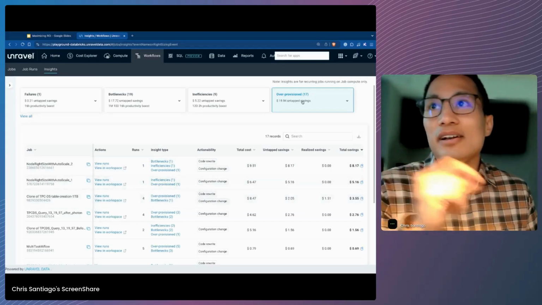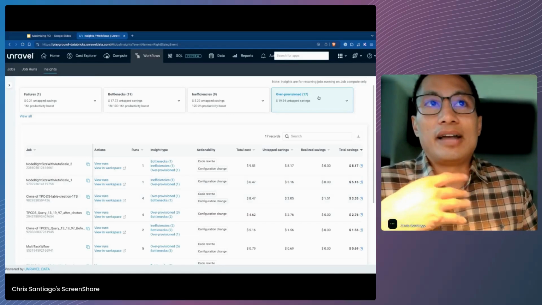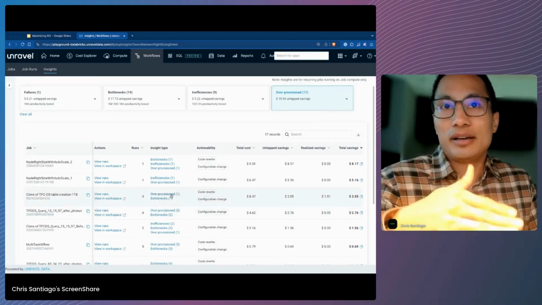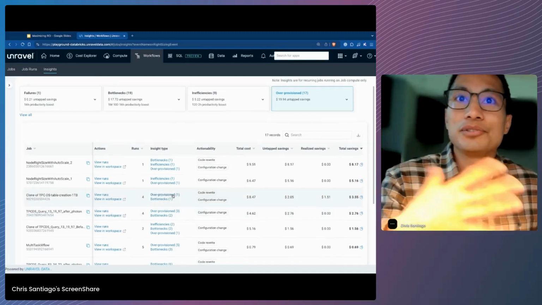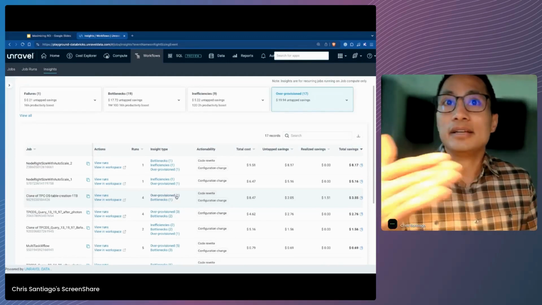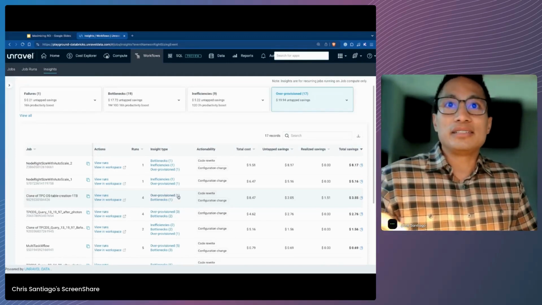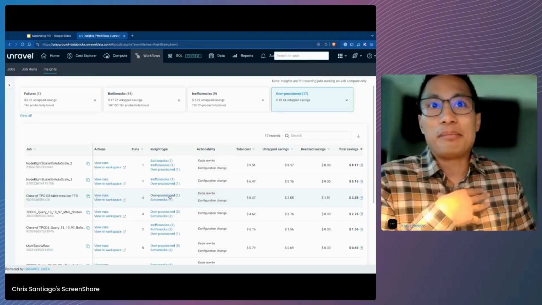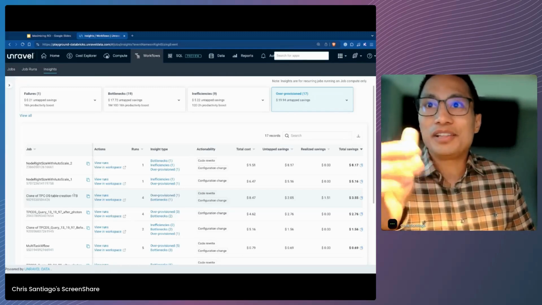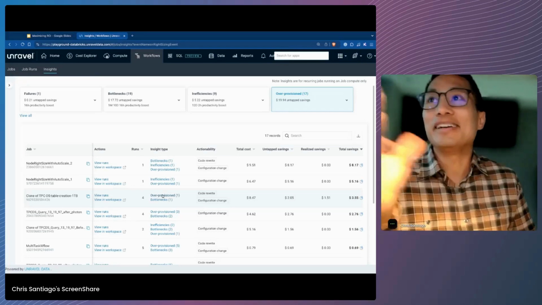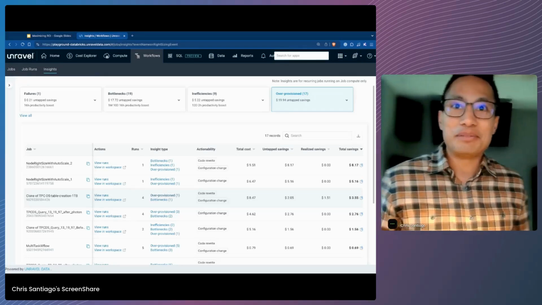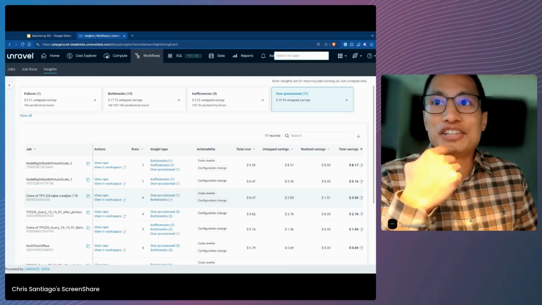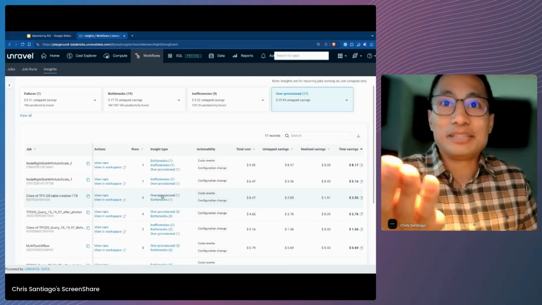And since I did click on that node right sizing, that happens to be in our over provisioned group. And here we can actually see a filtered list of all the ones that have some sort of over provisioned instance. The use case is this: I'm an app dev, I'm creating these jobs, and I have no idea that my job is over provisioned. So if I'm coming in here and I see the job that I own has been flagged here,